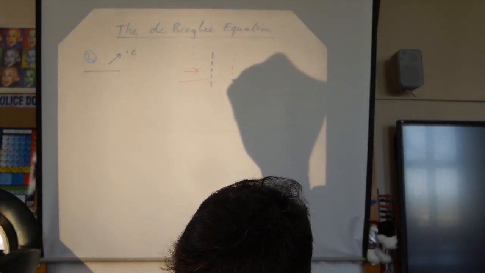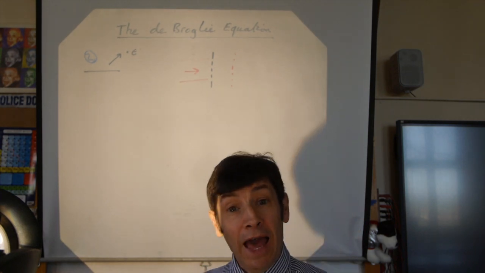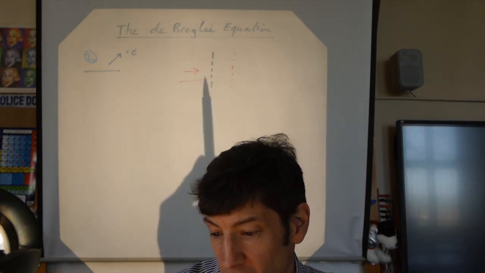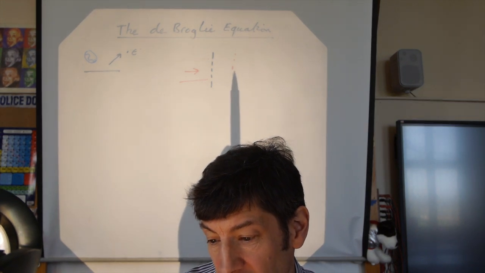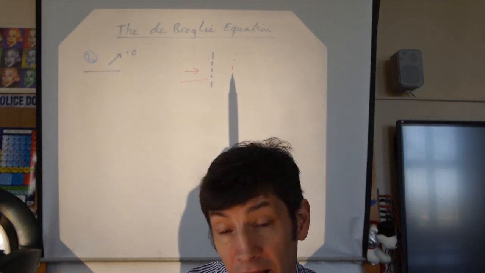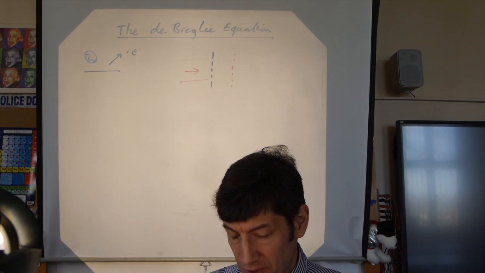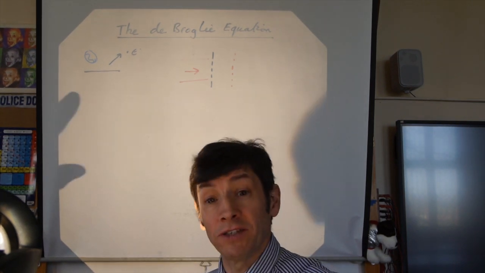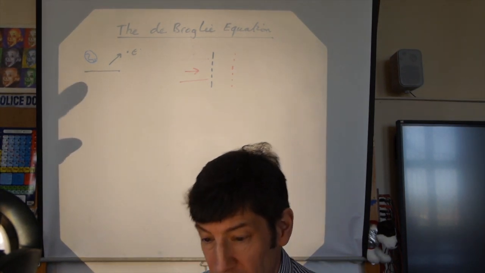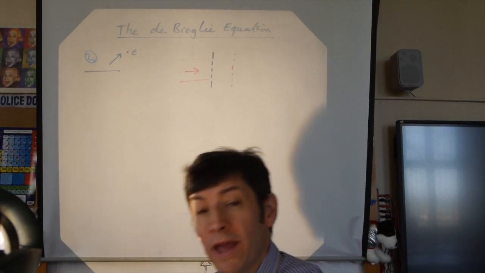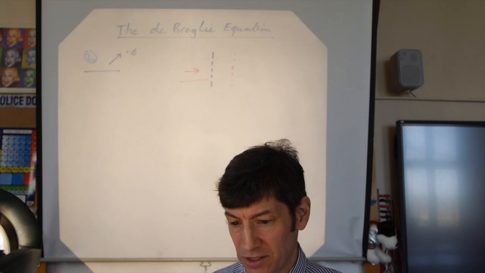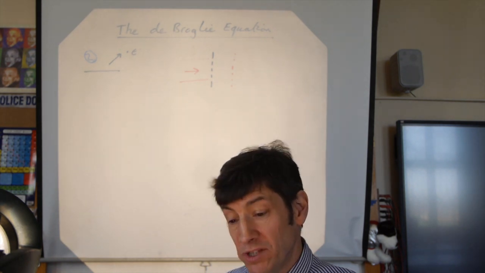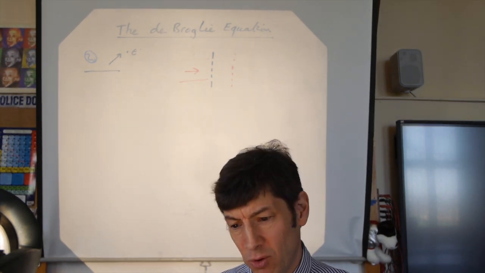You get these fringes, and they can only be explained by light arriving in the bright areas in phase and the dark areas out of phase. So we've got light as a particle with the photoelectric effect, and as a wave with Young's slits, multiple slits and diffraction gratings. But Louis de Broglie thought about this a little bit more, and he said, okay,